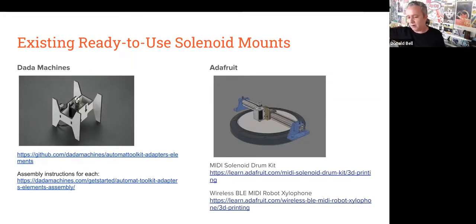I also got a lot of use out of the Adafruit designs that are out there from the Ruiz brothers and Liz Clark. Some of them are a little more built for low impact, kind of desktop kind of knocking into things, but they're useful to tinker around with, and some of the mounts in particular you can easily remix into other projects. I have a link to this presentation, by the way. Hopefully we can include it in the notes here so that you can get at these links